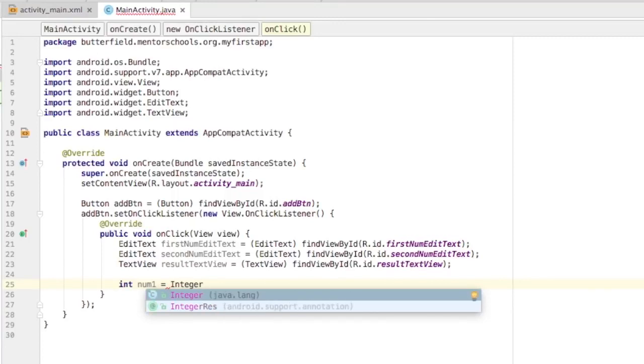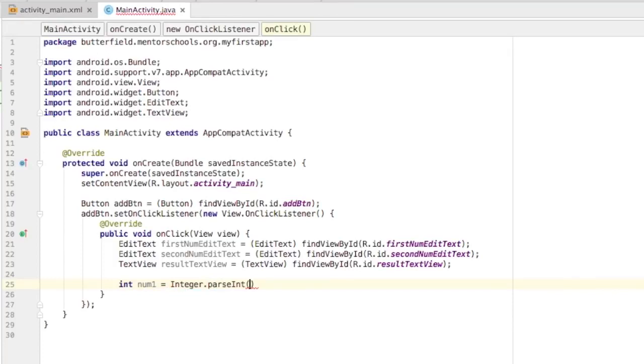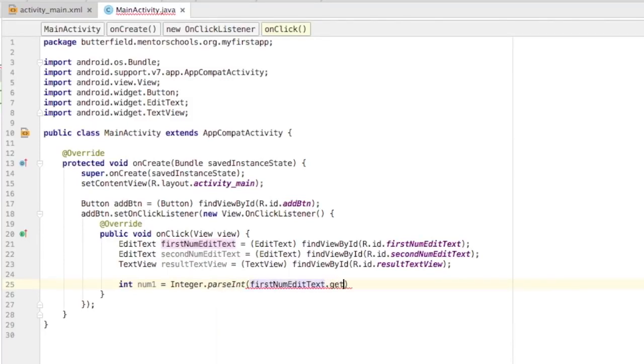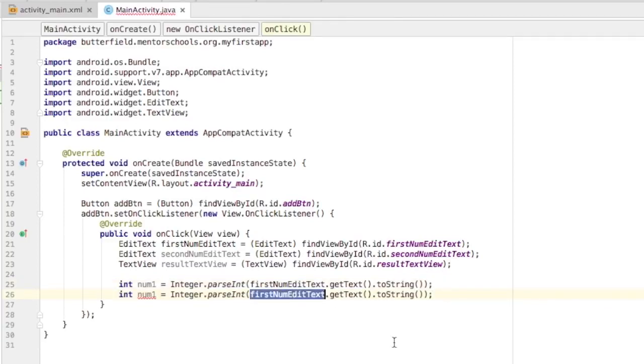So I'm going to type integer.parseInt, and I'm going to get what is in that input box called first num edit text. I can get the text out of it like this, but then that text has to be converted to a string because that's what the method parseInt wants. Now I want to do that exact same thing, so I'm going to copy and paste this line of code for the second num edit text. So I'm just going to change this to second num edit text,